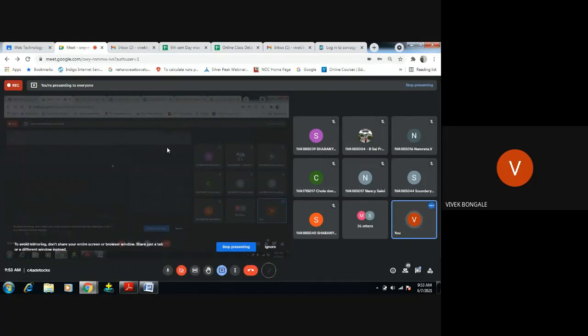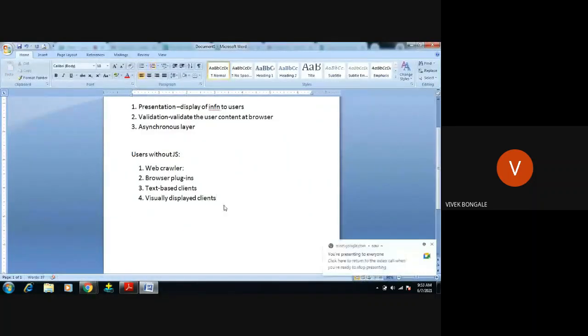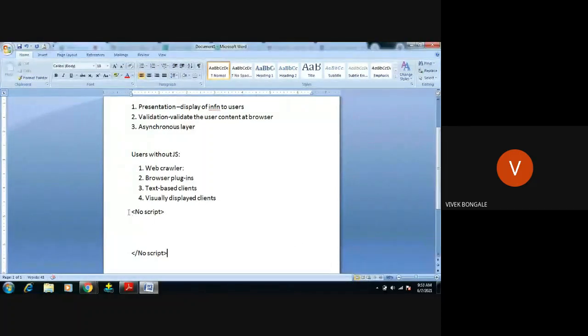How to achieve that? We have a tag called the noscript tag, with an opening noscript and an ending noscript. What will a developer do? He will write the normal HTML code, and in that HTML code he will include noscript.